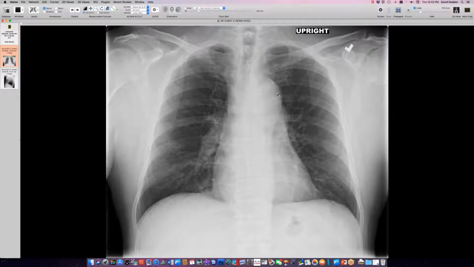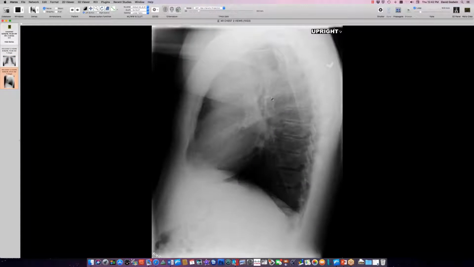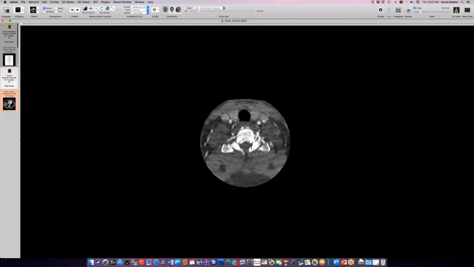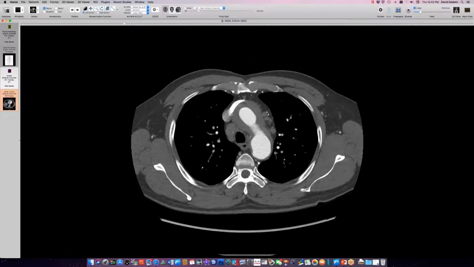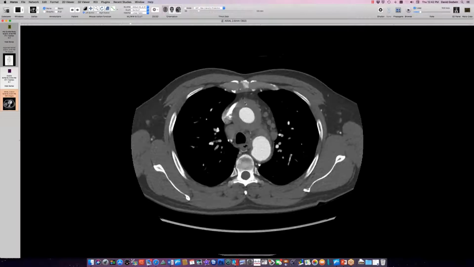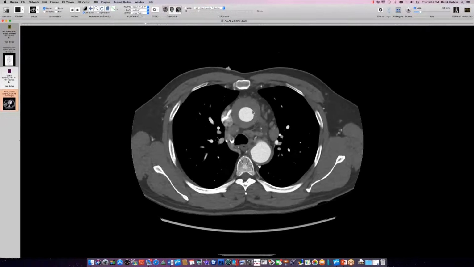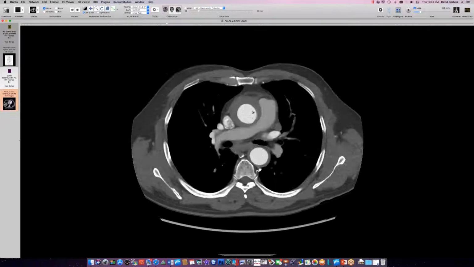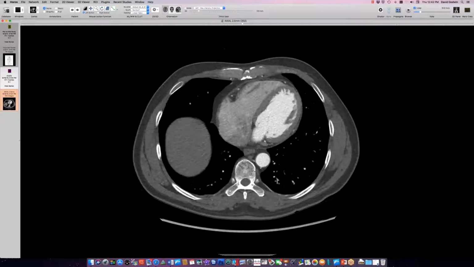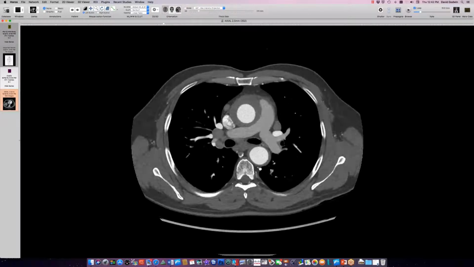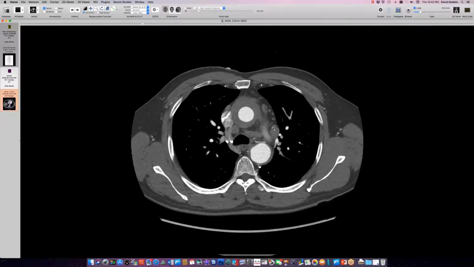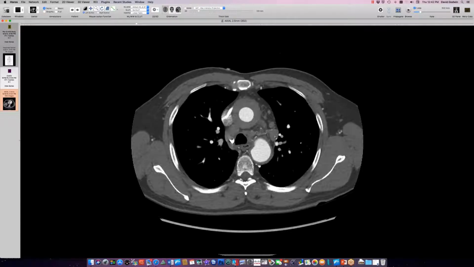And then here's the case that I showed roughly a year ago, a man in his young 50s with this very swollen looking aorta here, and he had a dramatic CT scan that showed tremendous aortitis, gross thickening of the wall of the aorta, and it tapers off as you get down into the abdomen. He's got a lot of lymphadenopathy, and it's very well defined mediastinal lymphadenopathy. It really looks like